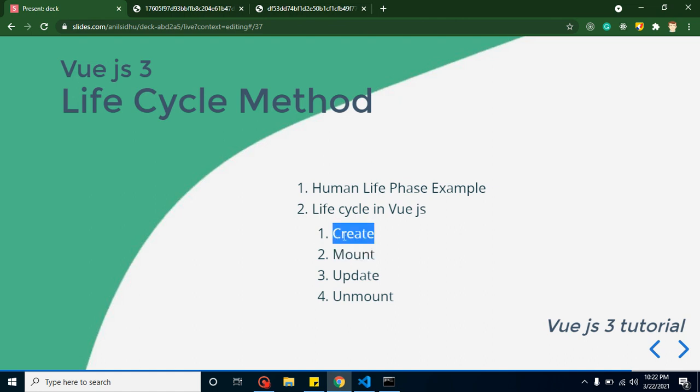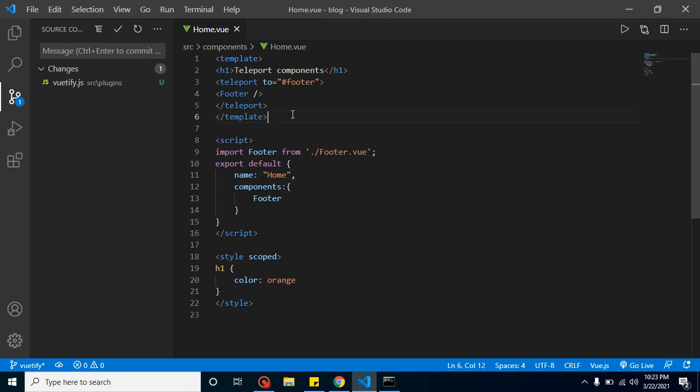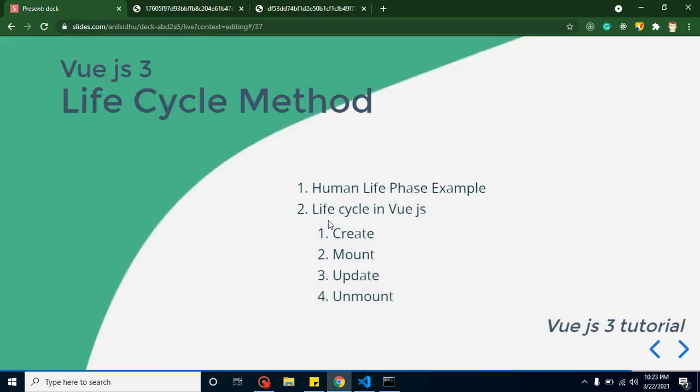Created means the HTML is created, the tags like p tag and div tag are created in our component. Mount simply means data properties and methods are bound, or mounted, with this HTML, right? So here you can see that whenever a component is created, this HTML is created. Whenever data properties and methods are mounted with this HTML, that is the second phase, which is mount.